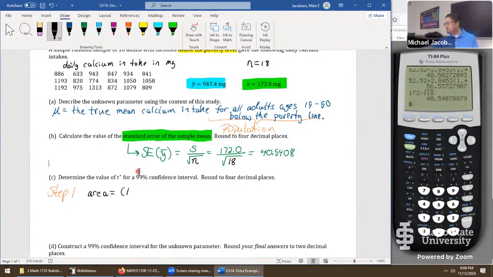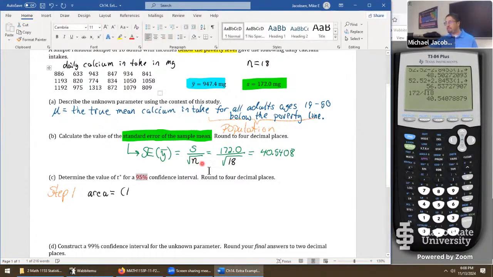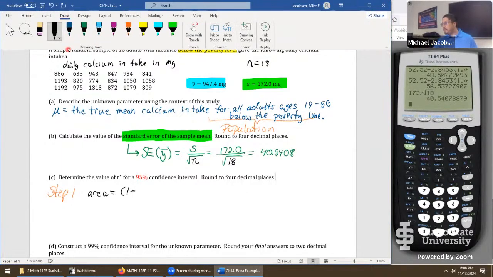Let's go 95, good call. Makes it feel like a slightly different problem, right? So with a quick check, let's go with a 95% confidence interval. I'll put that in red just to convey we did change that one after the fact. So let's go 1 minus the 0.95 divided by 2. Yellow highlighting helps out here. Step 2,